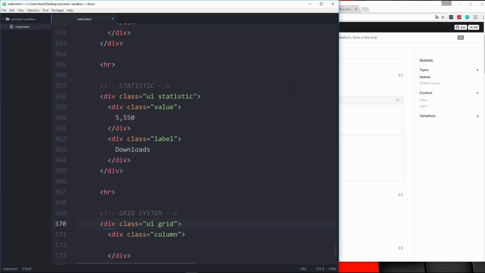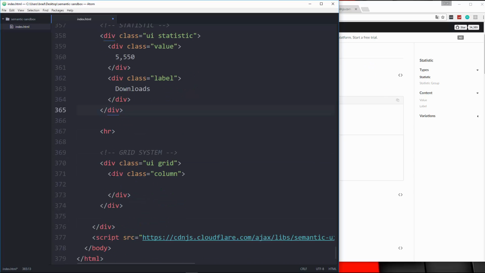Now, by default, in Semantic UI, it's a 16 column grid, unlike with Bootstrap and Foundation and most of the others, which is a 12 column. But you can use 16 in the other frameworks, but by default it's 12. So what we're going to do here is, in the column div, I'm just going to put in a button,